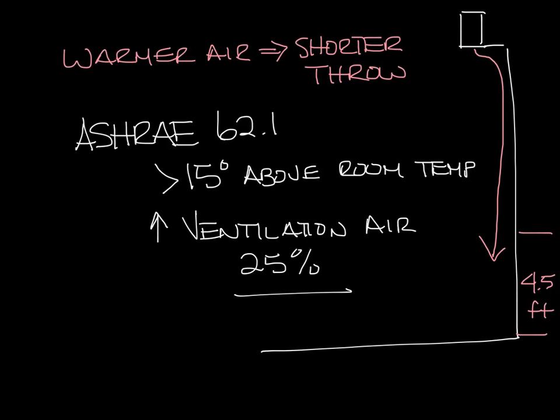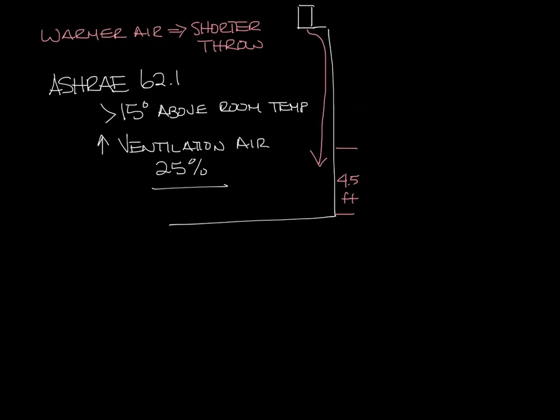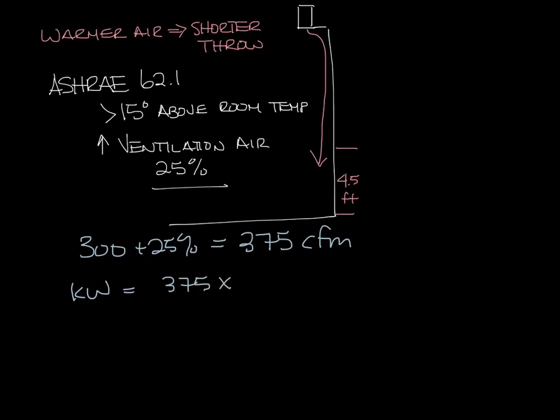If you have more supply air, you'll have to have a higher kW to maintain that same warmer temperature. Let's make a little room over here. So let's say for some reason you want 105 degree air. So you have to bring in 25% more air, that equals 375 CFM now. So the kW equals 375 times 50 because your differential is higher, divided by 3160, and that equals about 6